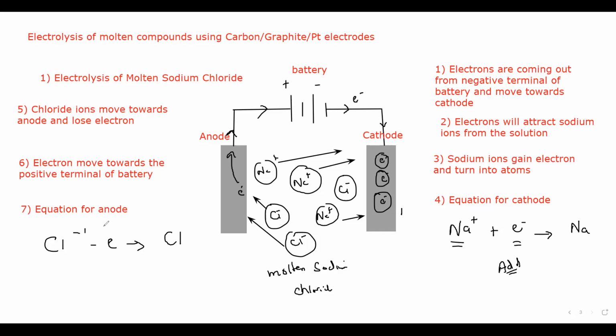Is this equation clear? Or you can write in this manner: chloride ion changes into chlorine atom by loss of electrons. So both ways are correct. The reason I prefer this way is so that you can easily identify that if it is addition of electron, you write plus, and if it is removal of electron, you write minus. Is it clear? Anyone having a doubt or a question?